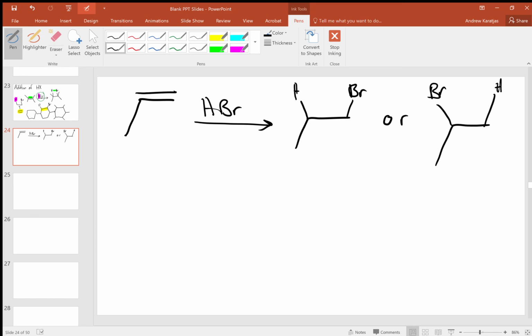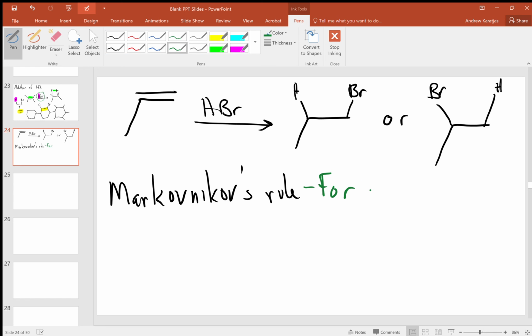For a lot of the reactions that we study, we're just going to go right to the answer and accept the answer that the mechanism gives us. And so for a reaction like this, we have something that's known as Markovnikov's rule. Markovnikov's rule says that for the addition of HX to an alkene,